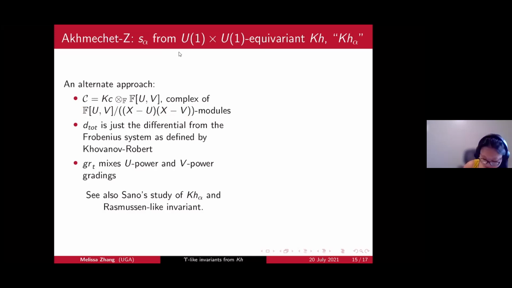Okay, I should point out that Taketo Sano also studied this, and he has a Rasmussen-like invariant, not an Upsilon-like invariant, but also using the U1 cross U1 equivariant Khovanov homology. So I want to point out here that our picture will look very similar, if you're familiar with, let's say,